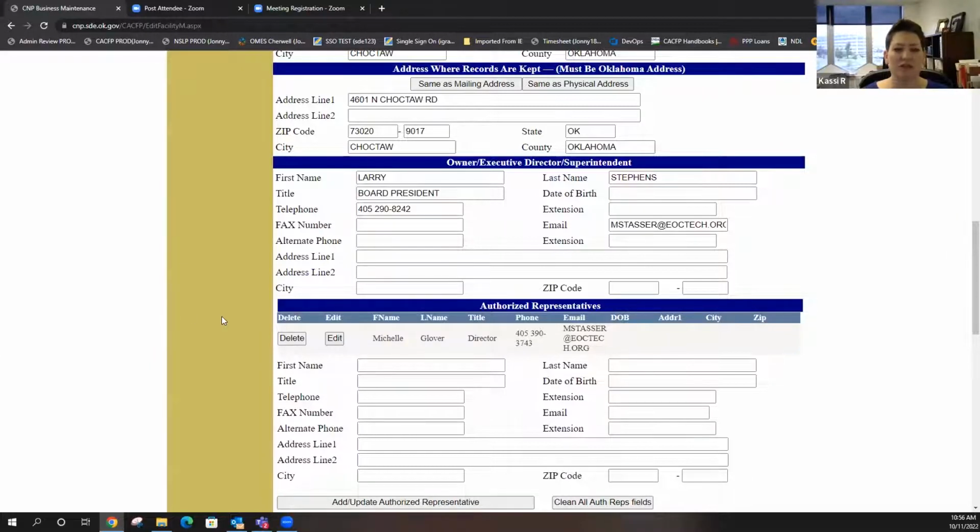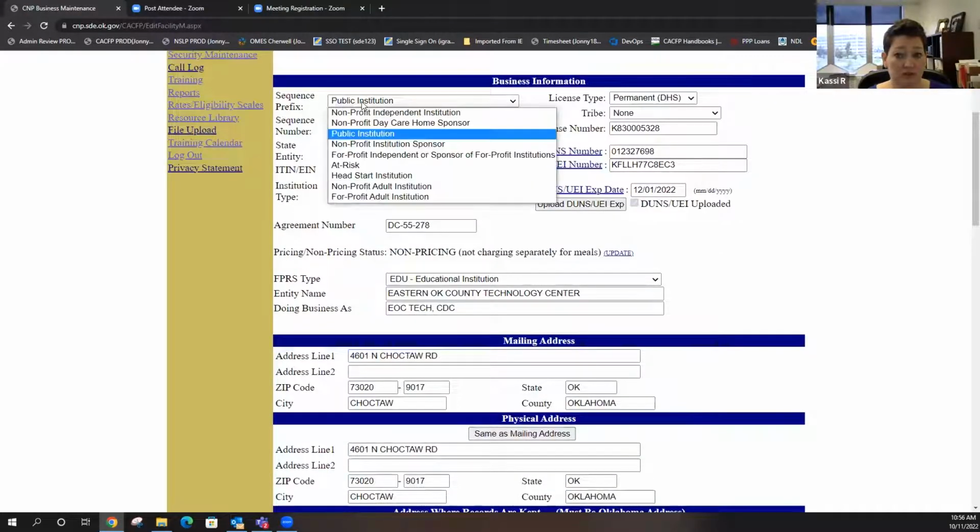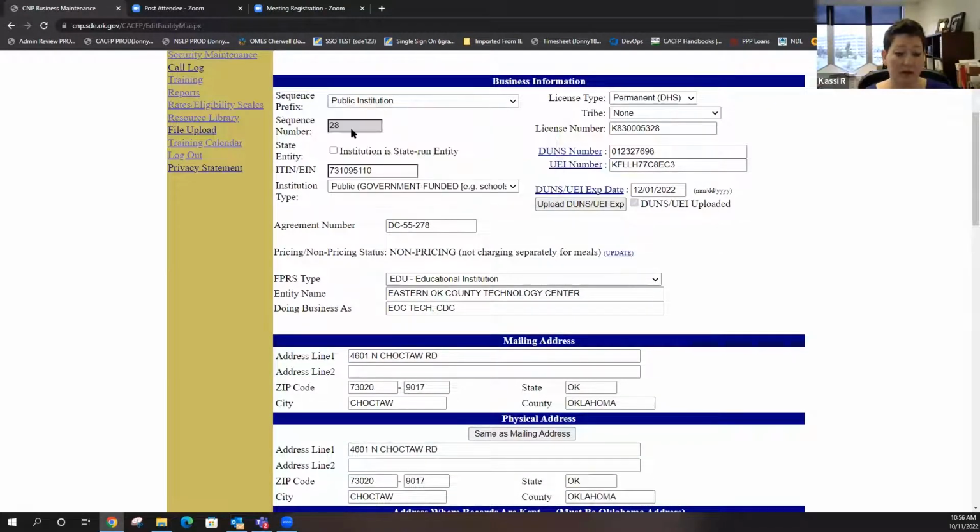Something else I didn't touch on, and we still have some of you nonprofits in here, the background checks. That's a hot topic too. So if you are a nonprofit institution, which you guys aren't, you're public. If you are a nonprofit, you have to comply with that background check requirement. Even if you've already had one because of your employer, you still have to submit it to us.